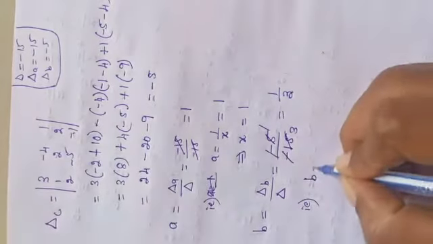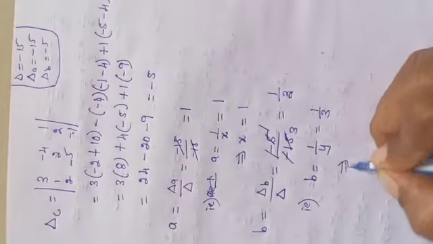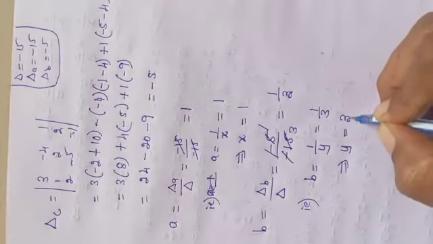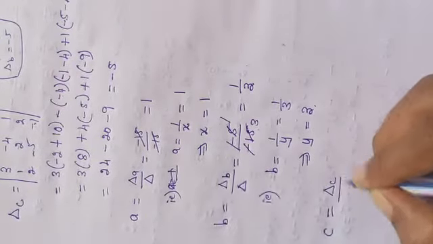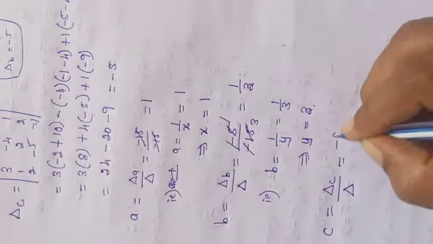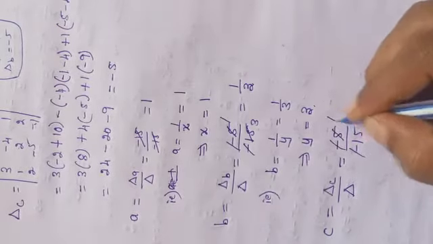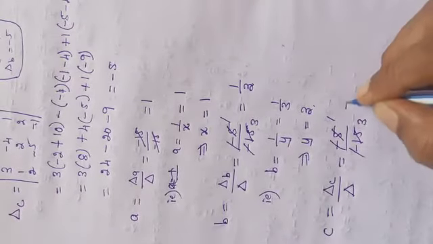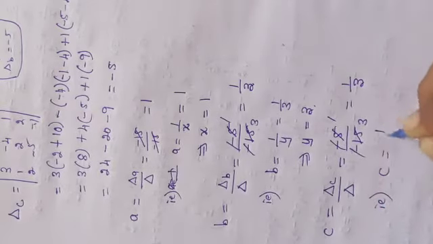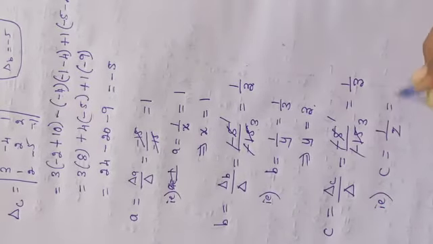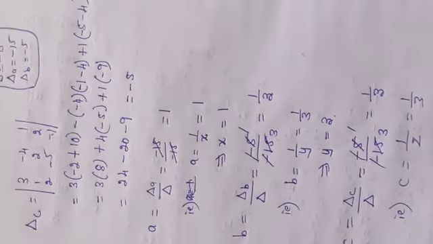That is, we took B is equal to 1 by y, isn't it? 1 by y equal to 1 by 3, which implies, take the reciprocal, we will be getting y is equal to 3. The same way, C is equal to delta C by delta. We have got delta C minus 5 and delta minus 15. Minus and minus will get cancelled. 1 and this is 3. 1 by 3. That is, C is equal to 1 by z. That is 1 by 3, which implies z is equal to 3.